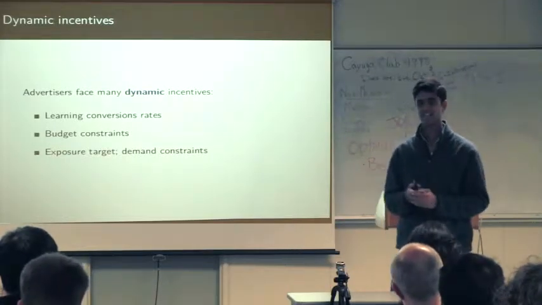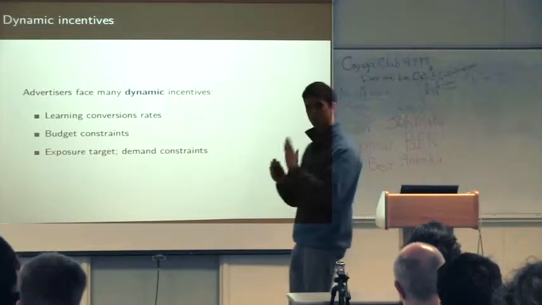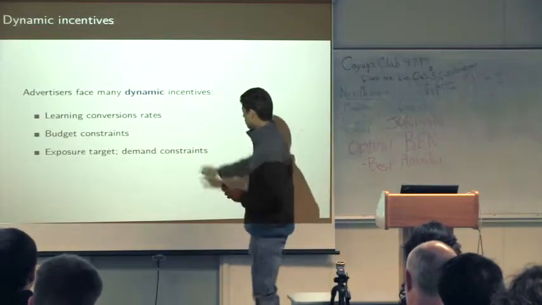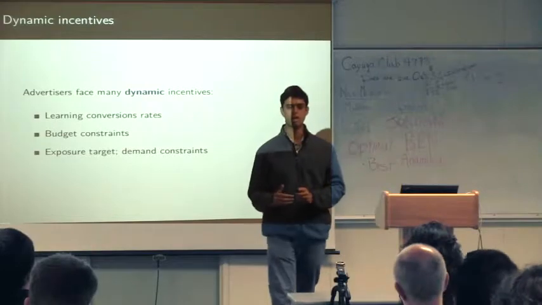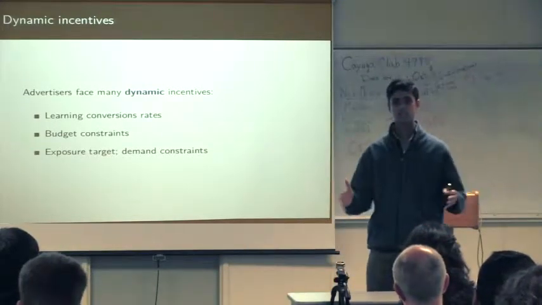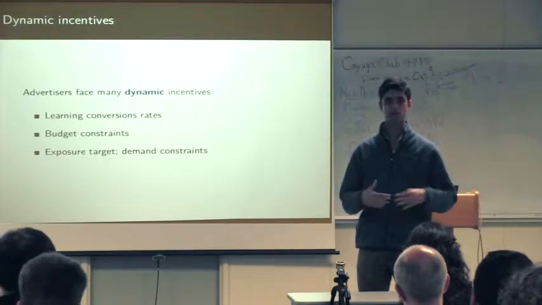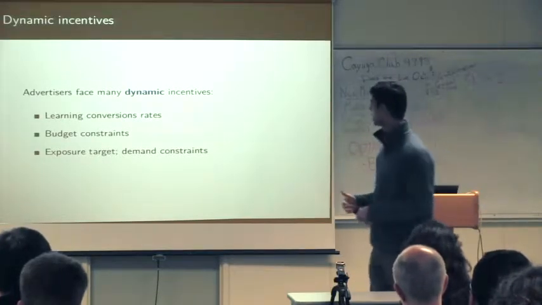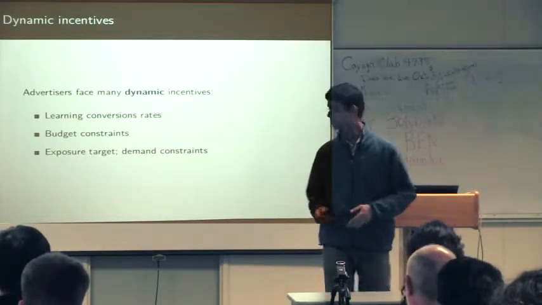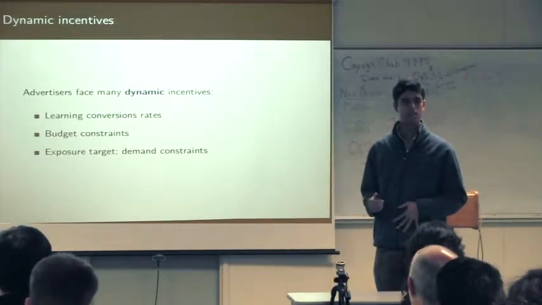They want to match it exactly. They might also have some targeted exposure goal: they want to show the ads to this many people over some time, so they have demand constraints. In general, advertisers face many different dynamic incentives, and this has practical